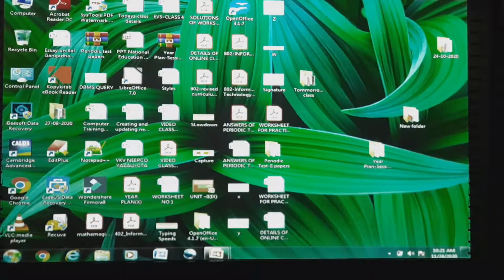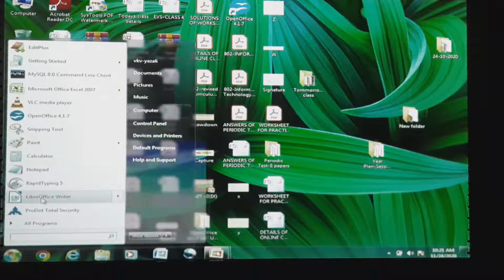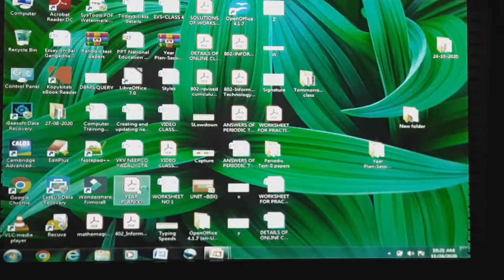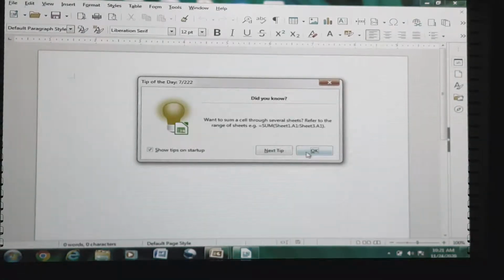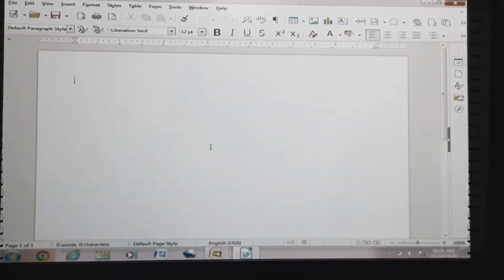Since we are concentrating on LibreOffice Writer, let us go ahead with LibreOffice only. Suppose I have selected a text.